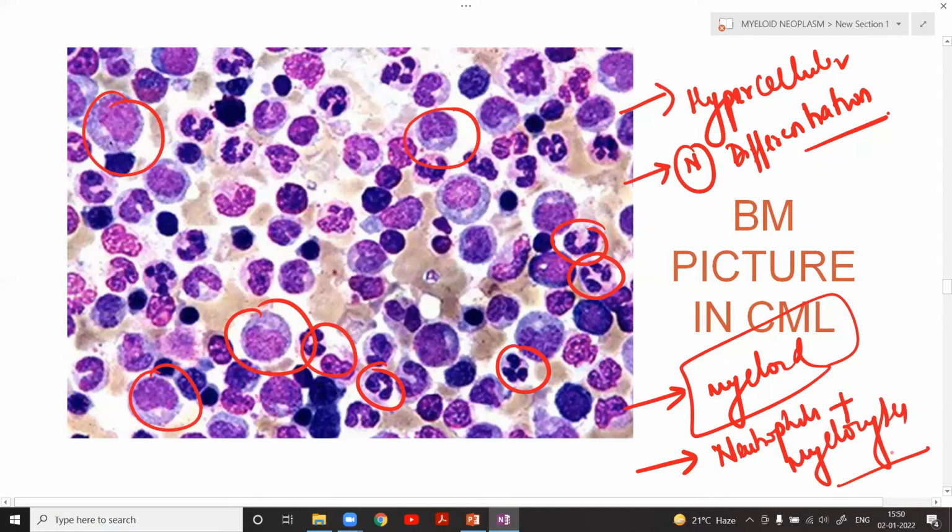So hypercellular bone marrow showing normal differentiation, increased myeloid series of cells, maximum, and which shows a peak of neutrophils and myelocytes. What I mean to say is that out of all the myeloid series, like the myeloblast, promyelocyte, myelocyte, metamyelocyte, band cell, and neutrophils, neutrophils and myelocytes show a peak. Is this concept very clear? It's very simple if you understand it in a simple manner, and don't read any other thing, just write these points. These are directly taken and taught to you from WHO.